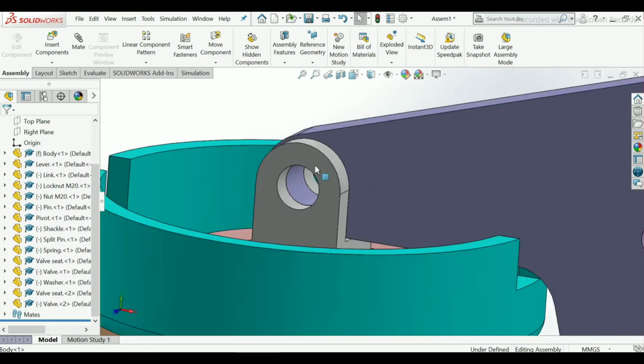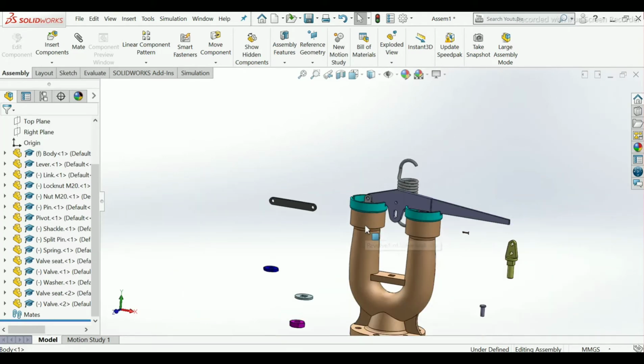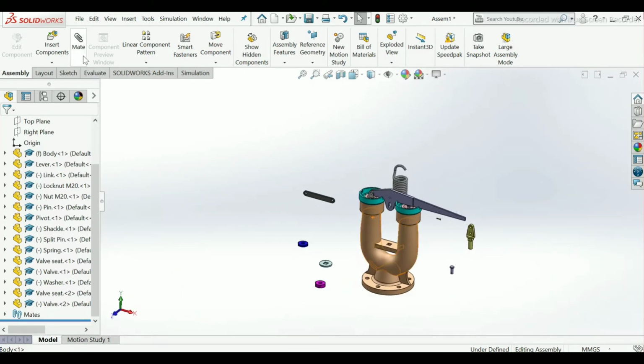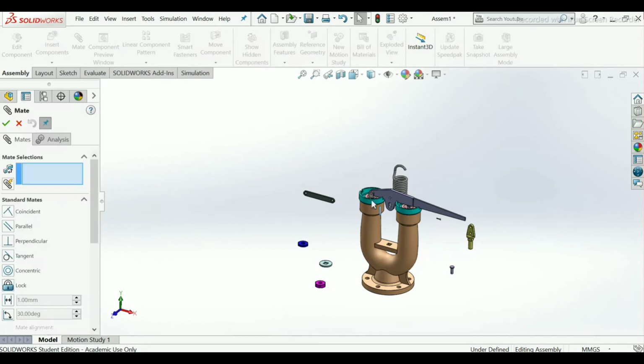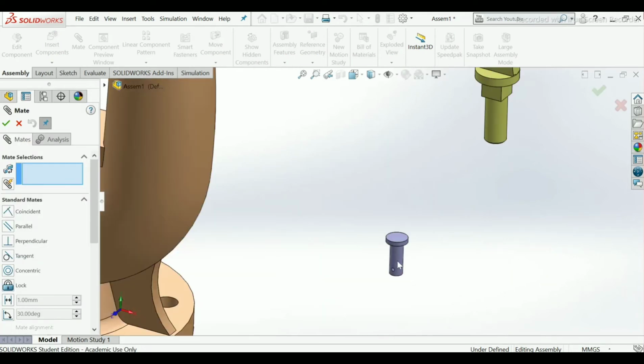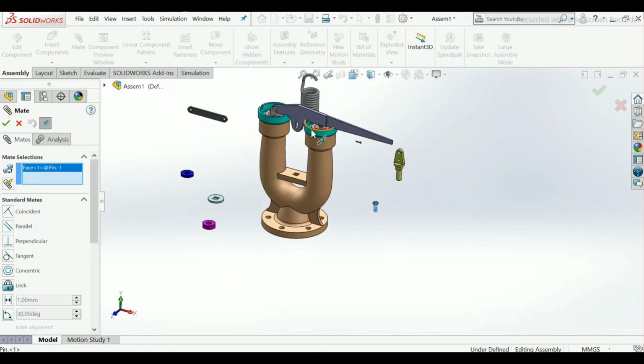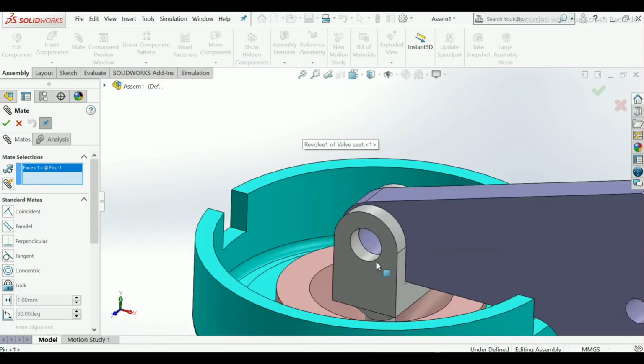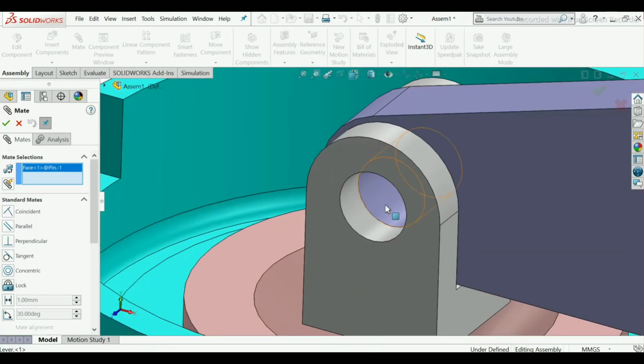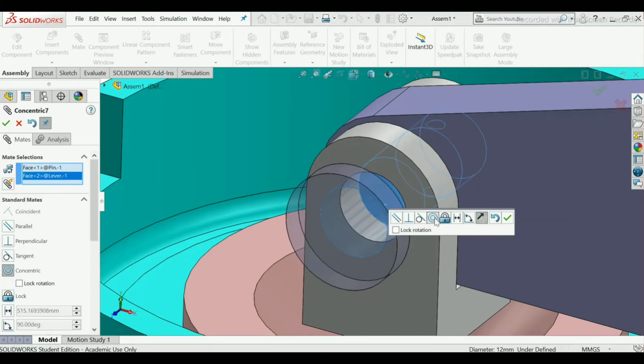Now here we have to fix two components, that is pin and split pin. So now go to mate again, select the pin, and this pin, make it concentric.